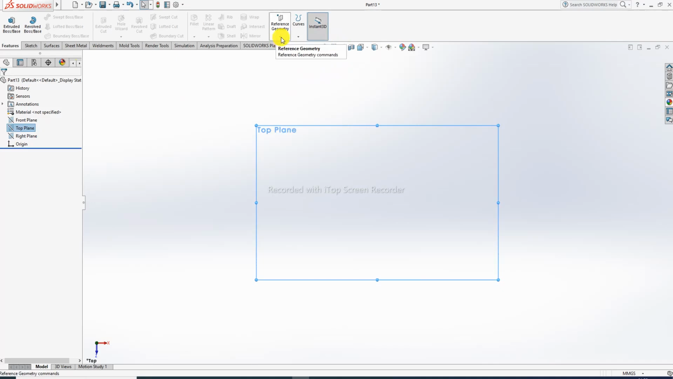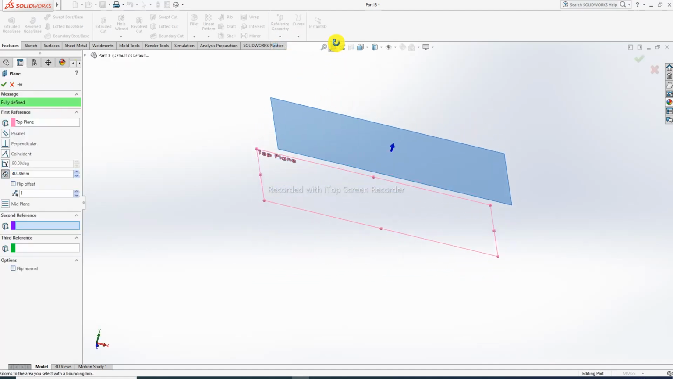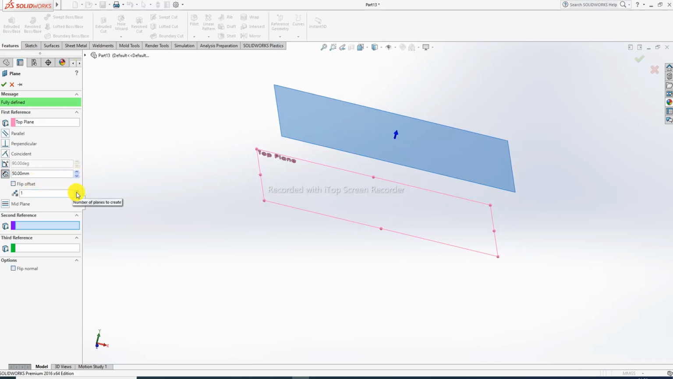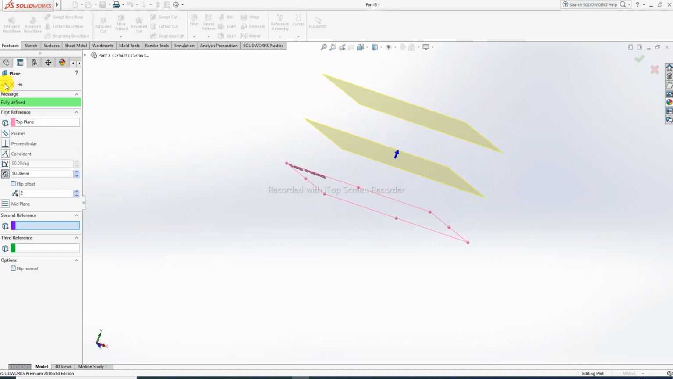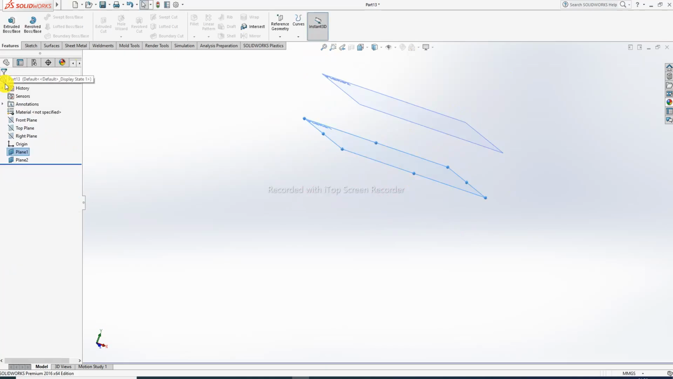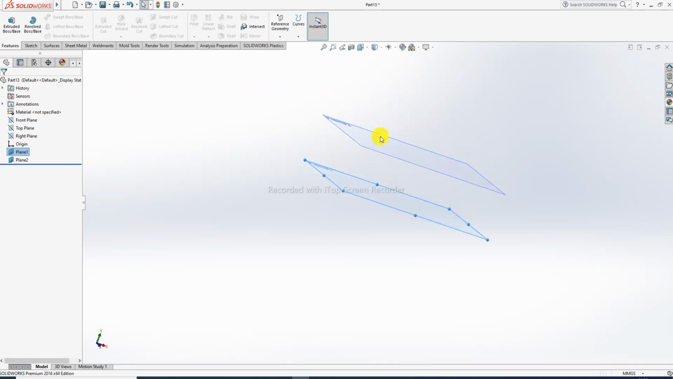Select reference geometry and click here, and a plane is created. At first there is more than one plane. Two planes is very nice. Select them. Two planes are very important